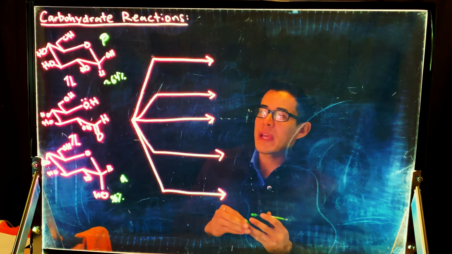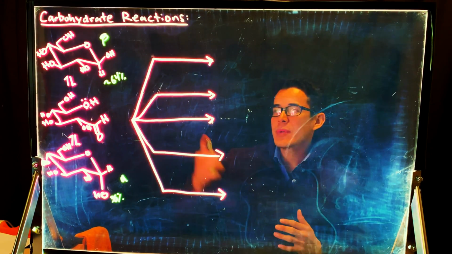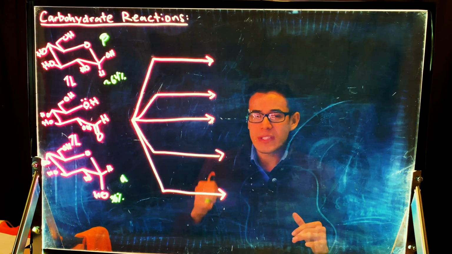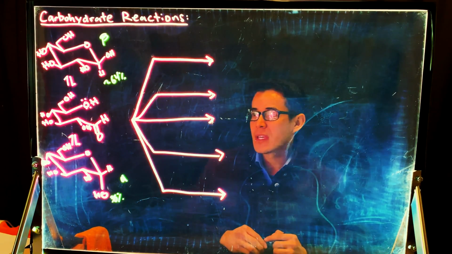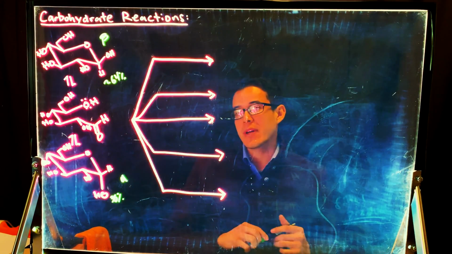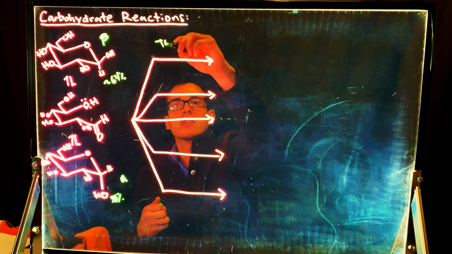Why do you think we see more beta than we do alpha? Well, that's because the beta exists in the equatorial state, and we know that's not as sterically hindered as our alpha anomer down here. So if we react our open-chained glucose molecule with the aldehyde with something called Tollen's